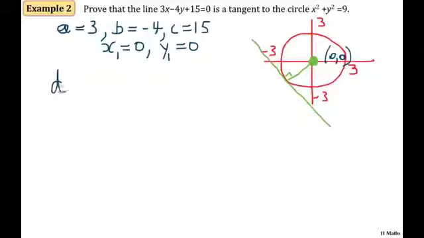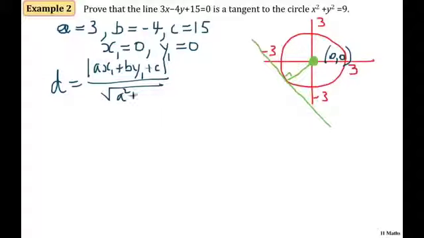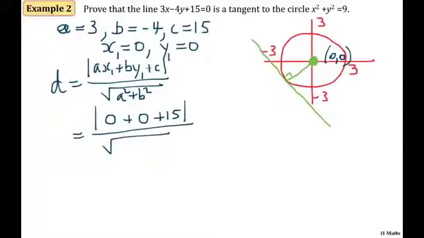Let's write down the formula. D equals the absolute value of ax1 plus by1 plus c, over the square root of a squared plus b squared. Let's plug the values in. I'm actually going to multiply them. A is 3, x1 is 0, and 3 times 0 is 0, plus b is minus 4, y1 is 0, minus 4 times 0 is 0, plus c, all over the square root of a squared, 3 squared is 9,